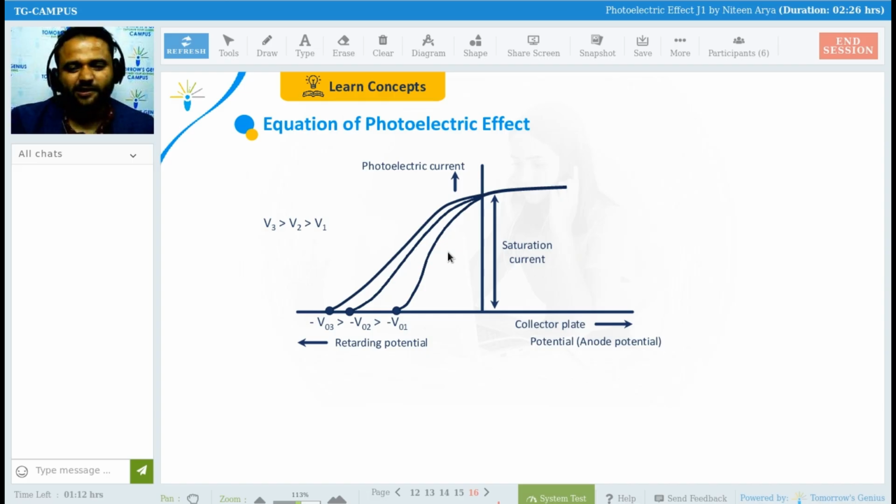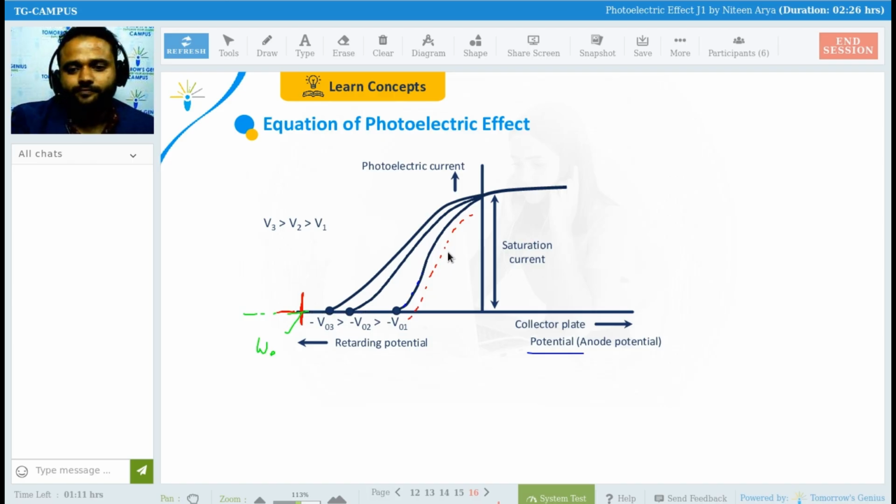So moving ahead, this is the photoelectric graph for V2, V1. In general, this is the collector plate potential, the anode, and this is the retarding potential. If the incident photons have this much potential, obviously it is going to give you this effect, this particular ejection of photoelectrons, which is represented here. But if the photon has energy much lesser than this particular work function, if this is the limit of your phi, what is phi? Work function, W naught, and your potential is somewhere below, behind this thing,